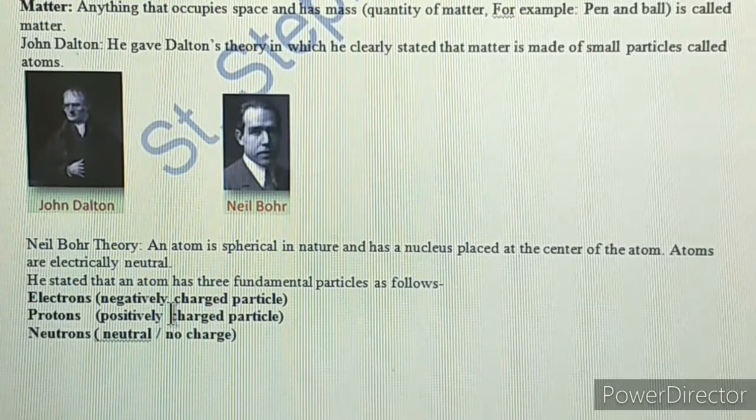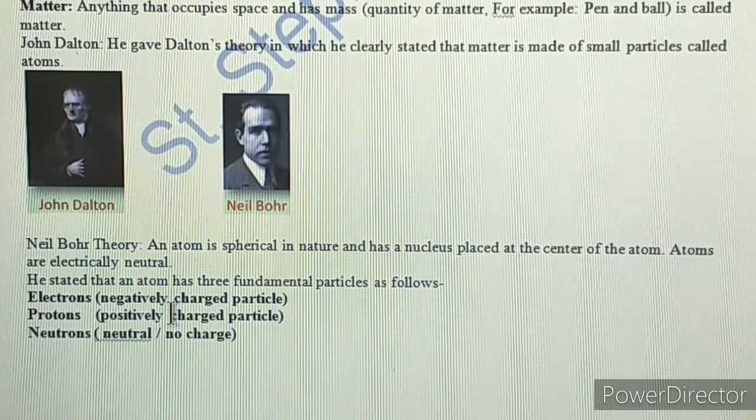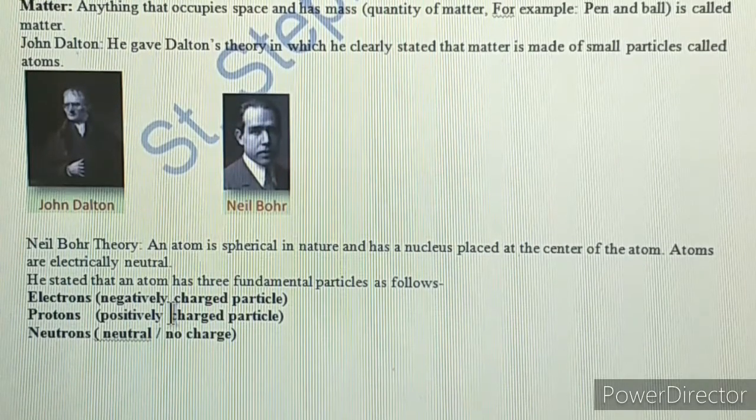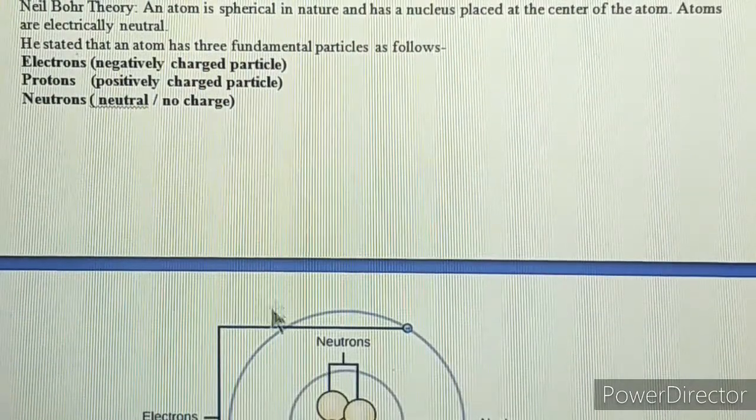You just learn that electrons are negatively charged particles. Protons start with P, learn it like this, protons are positively charged particles. And neutrons do not have any charge, they are neutral. Neutron starts with N, and so they are neutral, they do not have any charge on them. Now, for your information, I want to give you